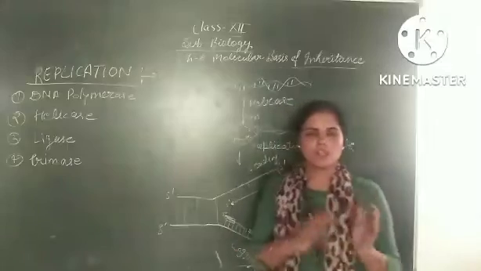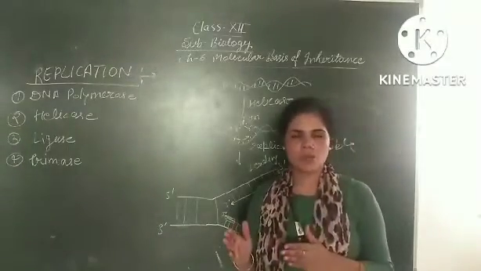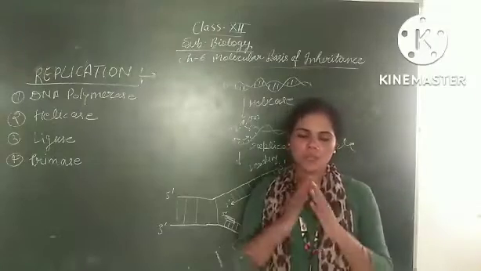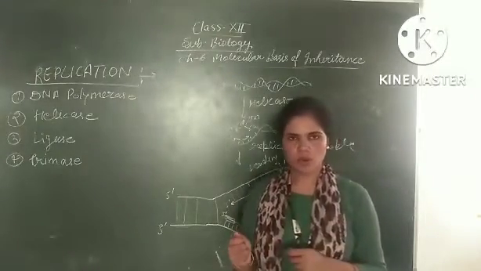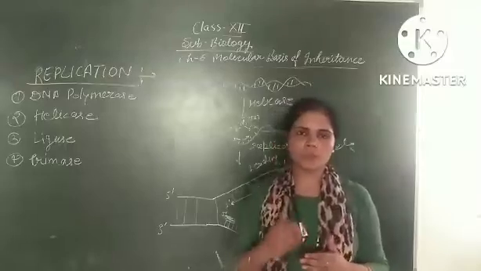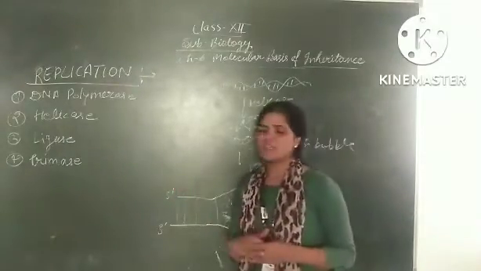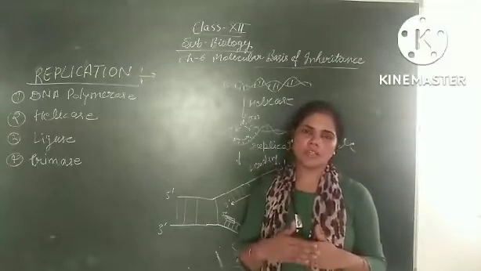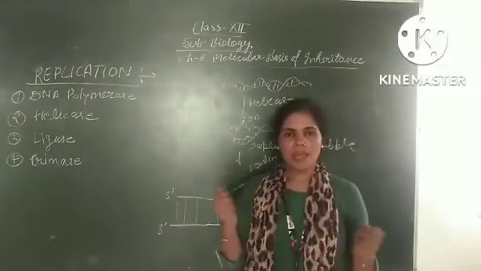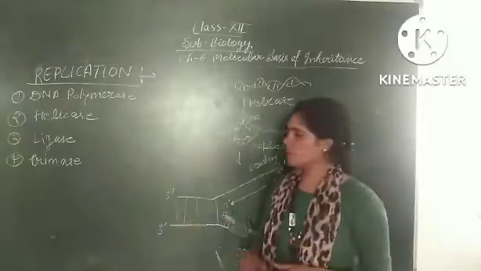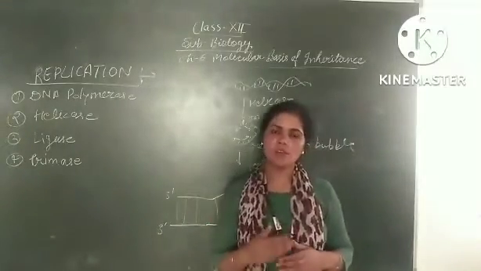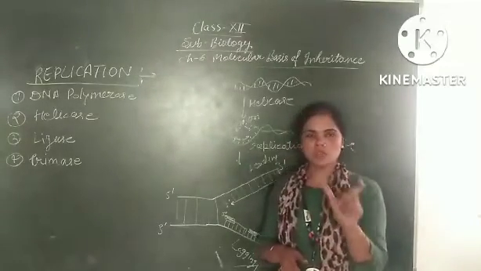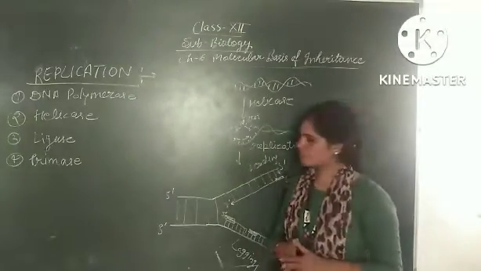Helicase enzyme first finds the replication point, ORI, the origin of replication, and it helps in the breaking of the hydrogen bond between the two nucleotide base pairs. Ligase enzyme helps to join or add the fragments of DNA. Primase enzyme helps in the formation of a new RNA strand, which is just a small fragment of RNA.